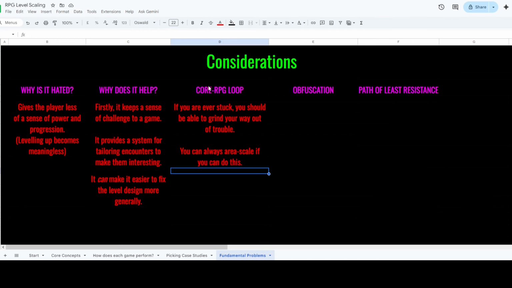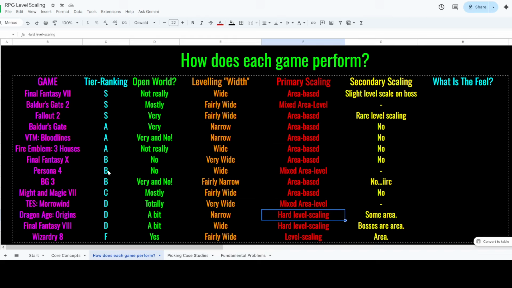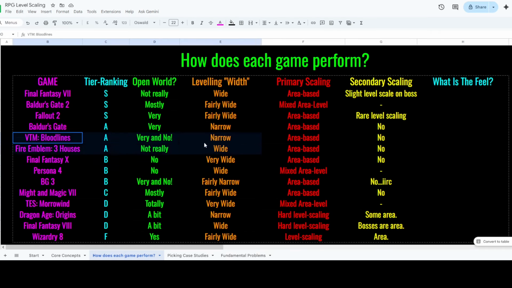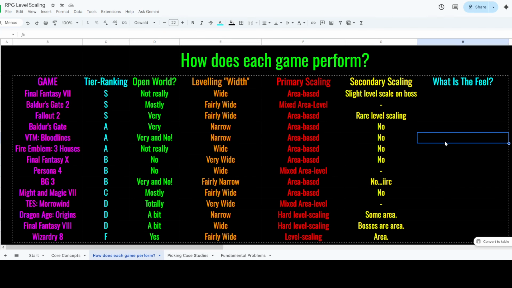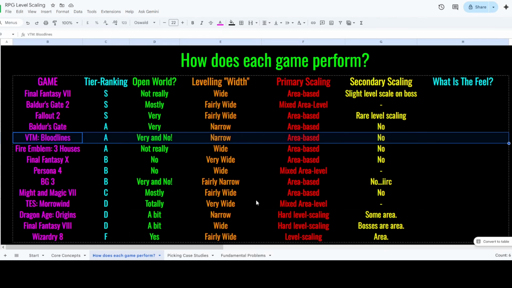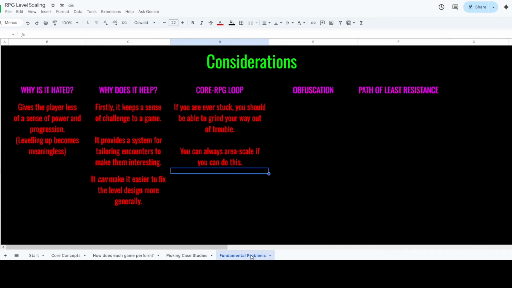Now some games on the list, and again I never like to spend too much time on it because I love Bloodlines and I always want it to get the recognition it deserves, but it's the odd one out here. It's the most skill based of the systems. When you are more skill based, you can afford to avoid that loop. You can afford to say no to the grind, which it does. It's got a really cool leveling up system. Bloodlines, a lot of time for it. But yeah,